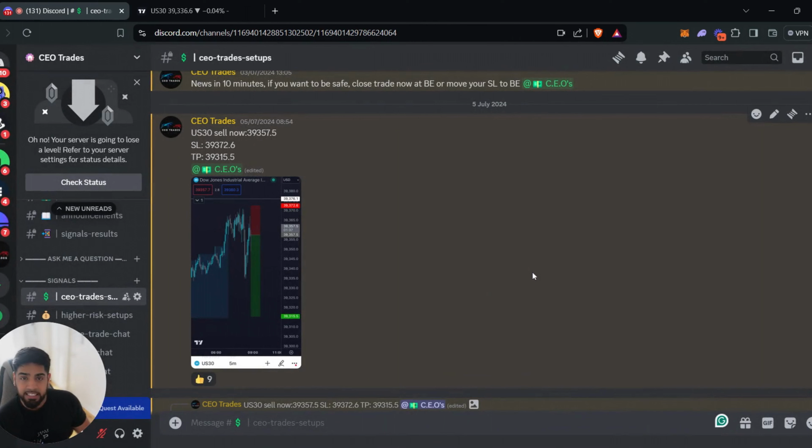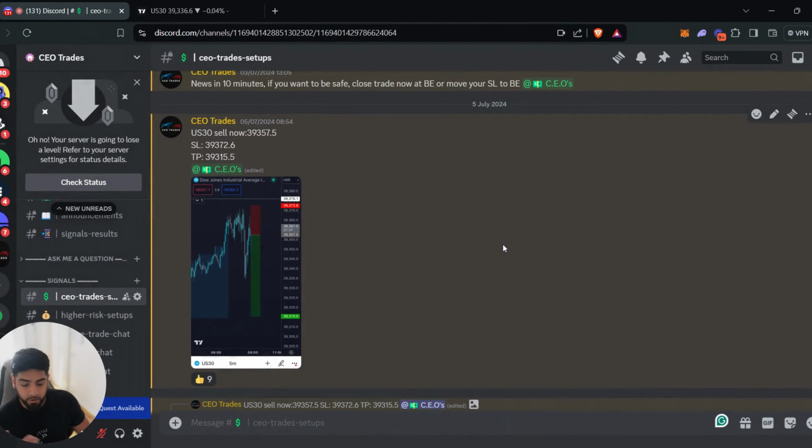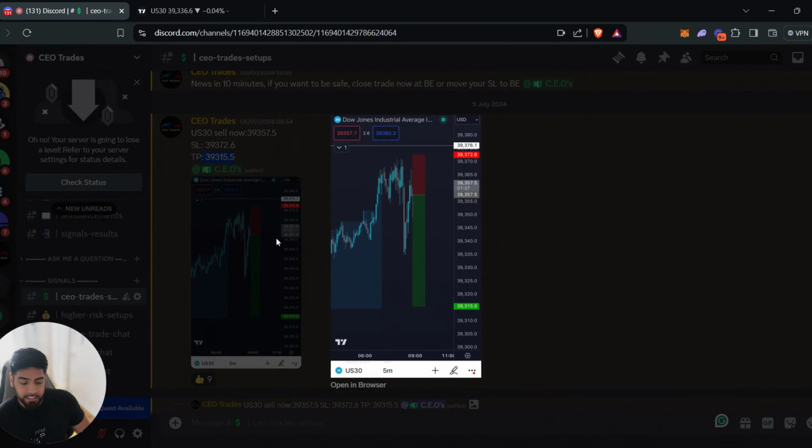And again, these images are not editable inside of Discord, which means that there is no way that I can manipulate anything, so that if I do send this trade into Discord and it does end up being a loss, then I have to account for my losses. If it ends up being a win, then I have to account for my wins. So this way I'm able to be completely transparent with the community, and the results that we generate every single month are now all based on these real statistics, right? So I put the stop loss, the take profit, and I send the screenshot.